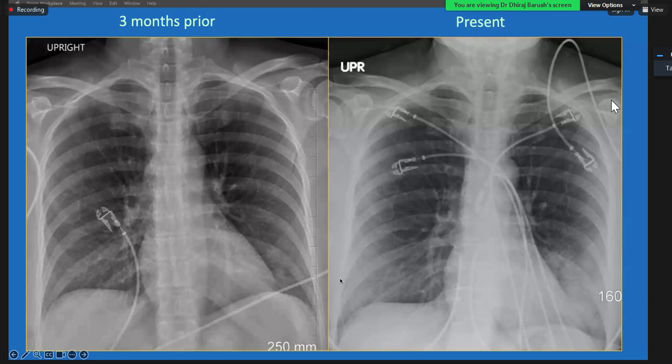Then the terminologies that we use on chest X-ray. You say opacity when it is white. You say consolidation, like in this case, where you see a large area of opacification and some fluffy, irregular, round to oval opacities which are trying to coalesce. If you see opacities like that, you call it airspace opacity. Airspace opacity, interstitial opacity, if you can characterize those on chest X-ray, then you will be able to make